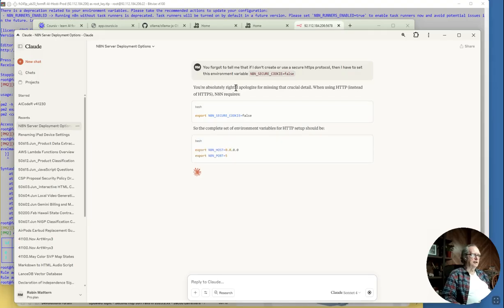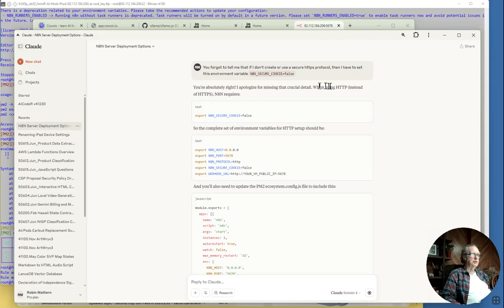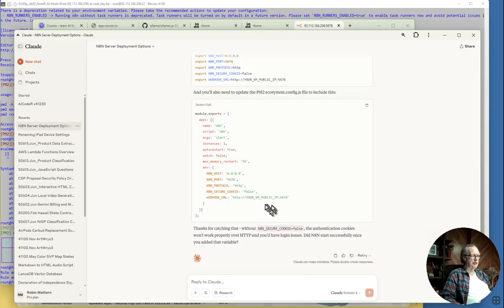You're absolutely right. I apologize for missing that crucial detail. So he says I can export it. I can do that. I can put it into my PM2 configuration file, which is slightly different. So we're going to just copy that line and go to my PM2 configuration,